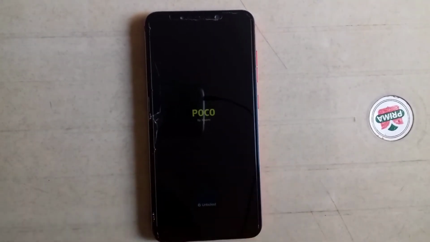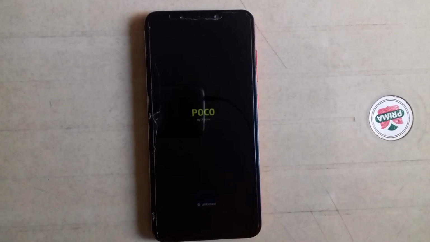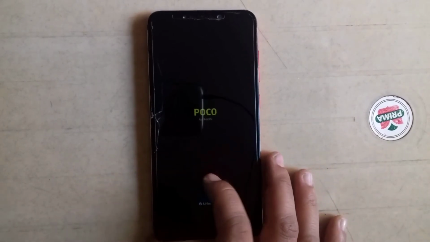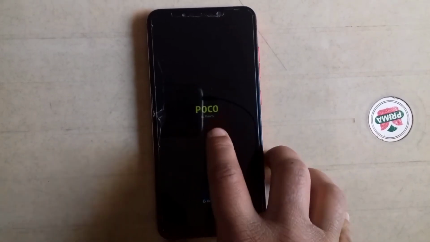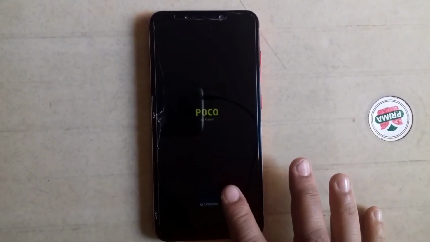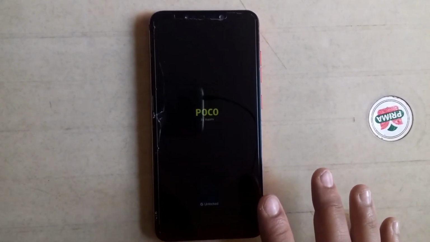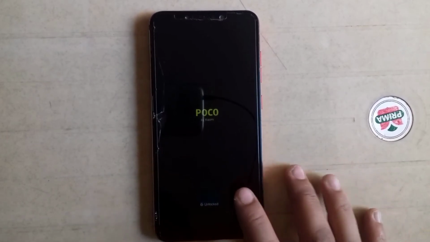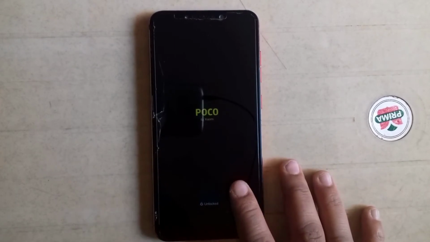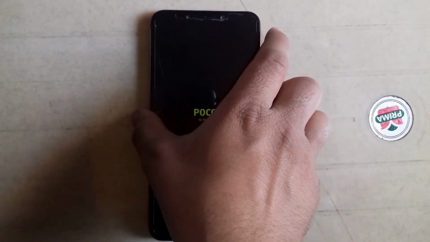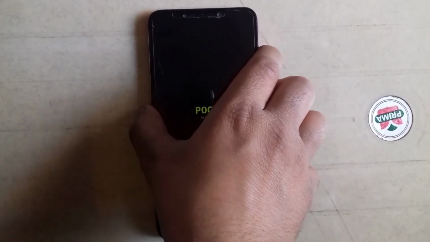Guys, I use this ROM for the last 16 days and the performance in this ROM is much good. Guys, my device is stuck in this mode and the phone is not booting into the custom ROM. So how to solve this issue? Guys, I told you earlier, you need to format your data, otherwise your phone goes into boot loop. This is the same condition, but we can handle this issue easily. Put your phone into recovery mode by pressing volume up and power button for 15 seconds.